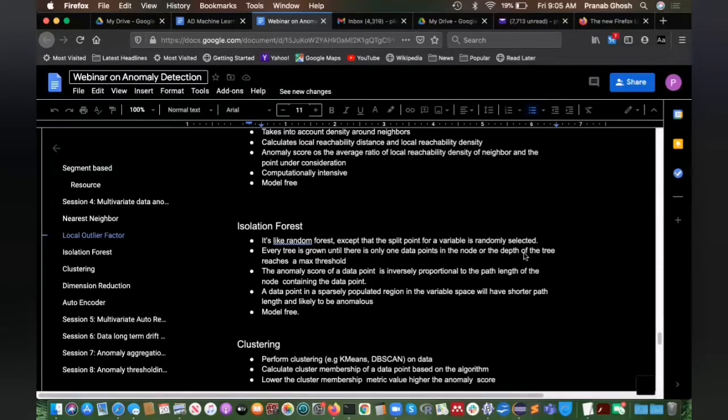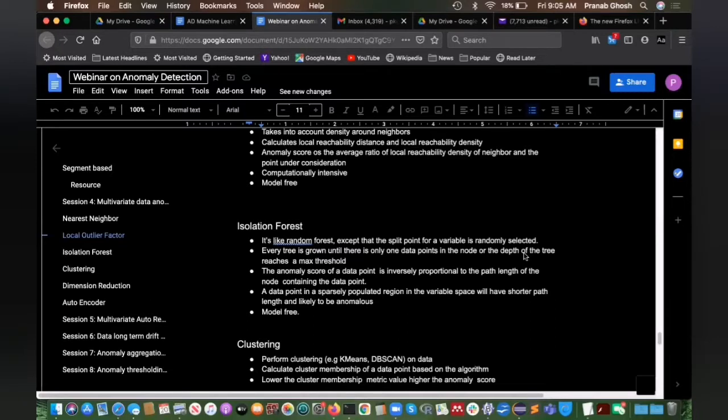When you build a decision tree, you select some attribute and then you find a split point in that attribute, some value of that attribute, and then you partition the data around that point. In a decision tree, that splitting logic is based on information theory like entropy or Gini index. But in this case, you just select it randomly